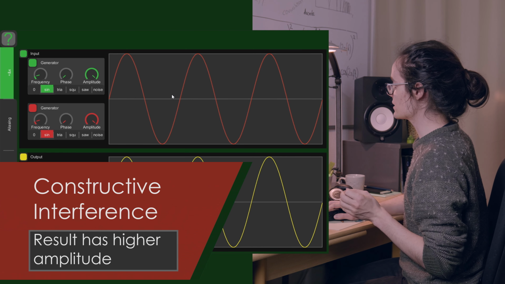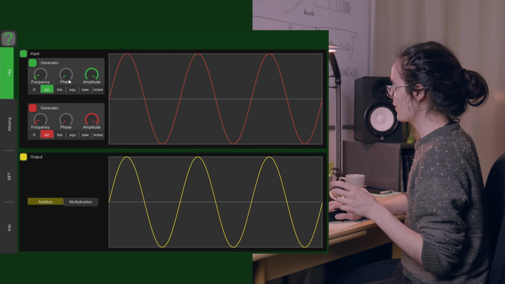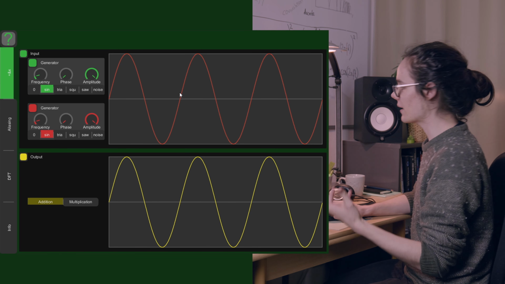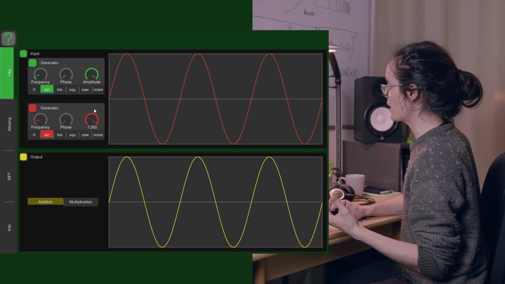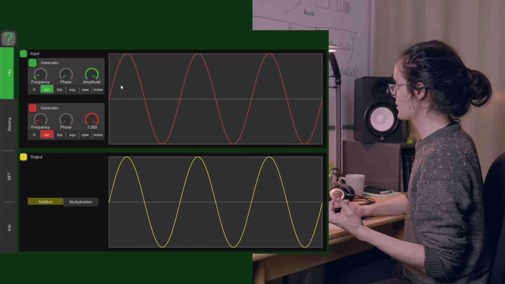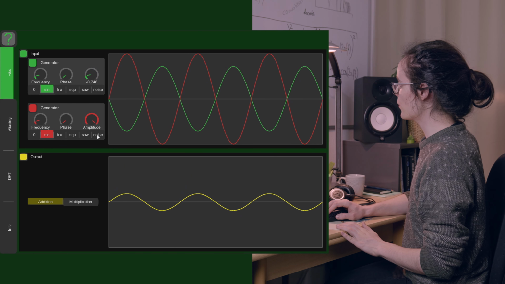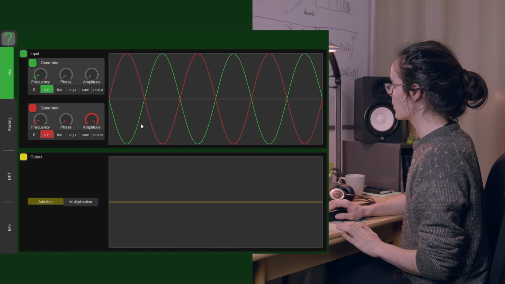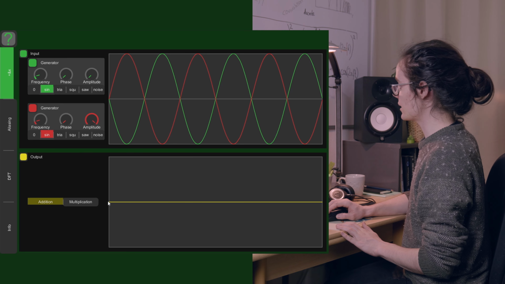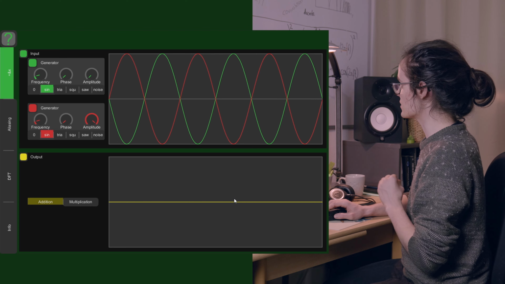When two frequencies align perfectly and are in the same phase, so they are in phase, and they have the same polarity, so they are not inverted like this, we call it a constructive interference. Actually, when they are inverted like this, they perfectly cancel out. And as you see below, in the output section, we have a perfect line